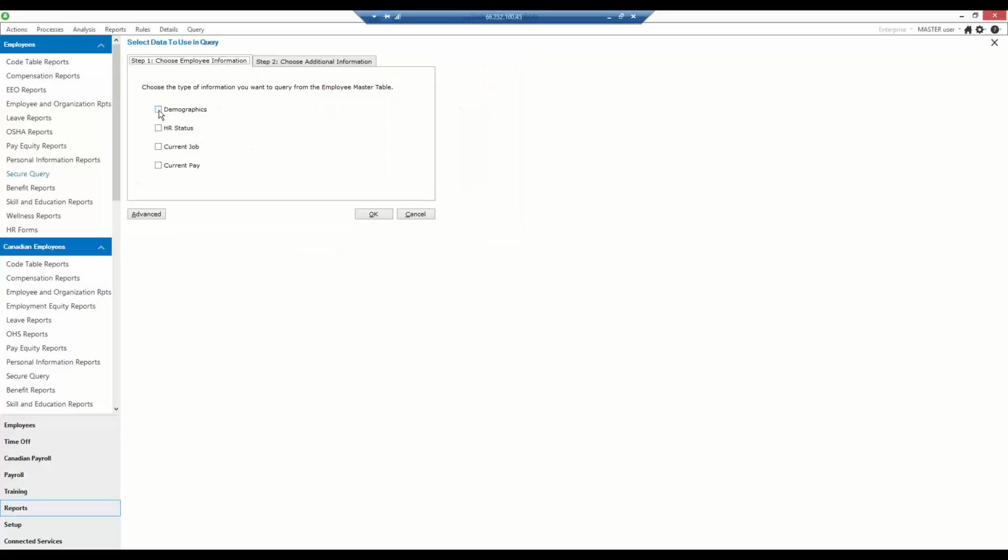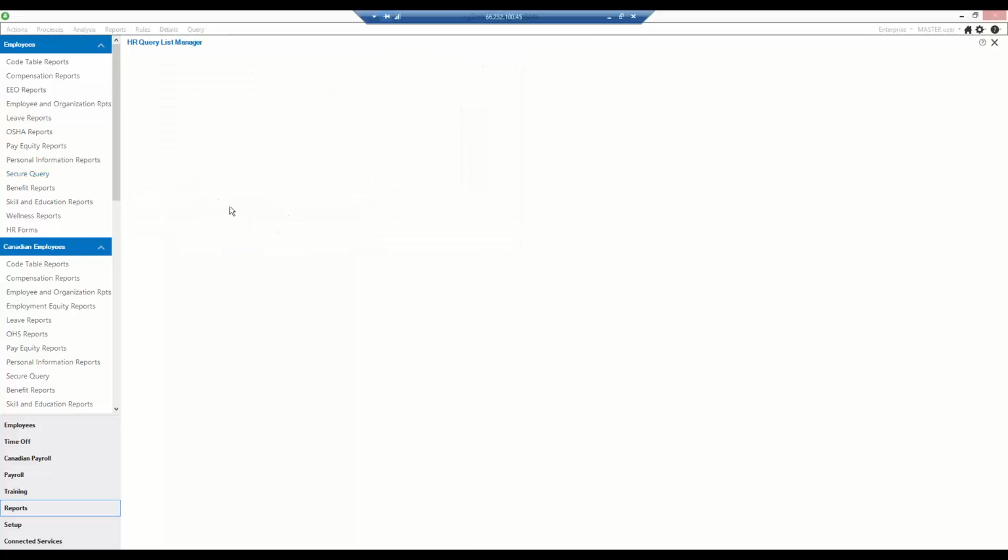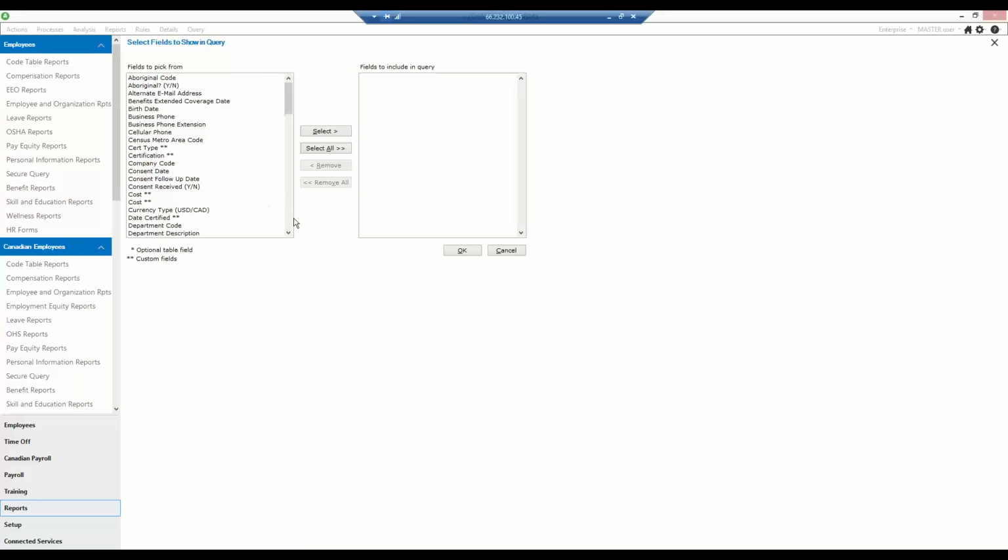And when I do that, I go in and I just select the data elements that I want. So I'm going to select demographics, and I'm going to select multi-record custom details. And here's my employee certifications. And then I can simply add whatever fields I want to this query. I'll do employee ID, name. We're going to add certification. We're going to add the